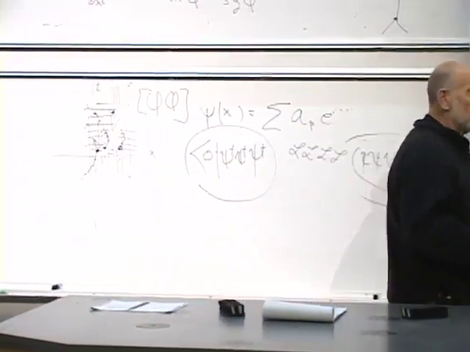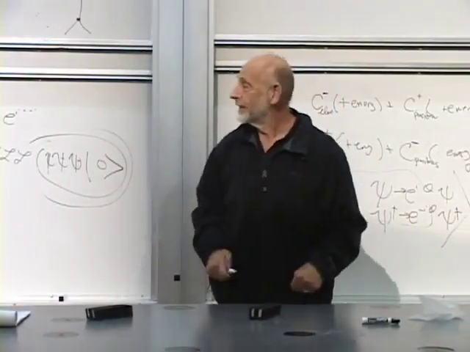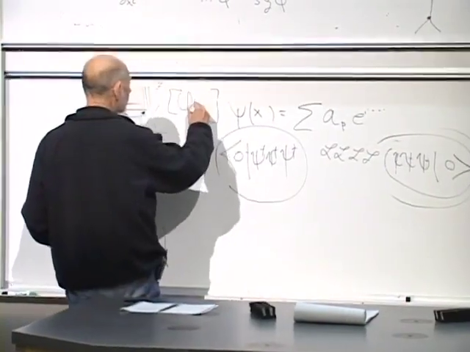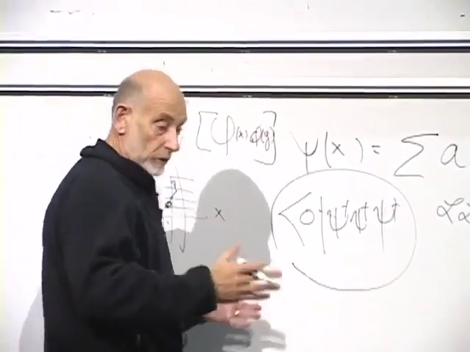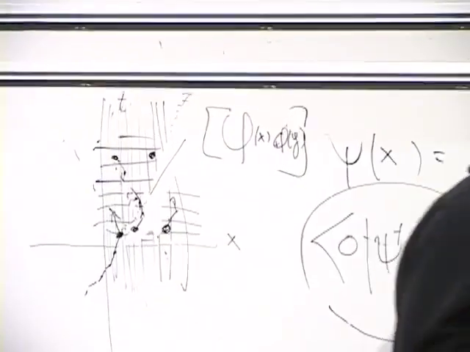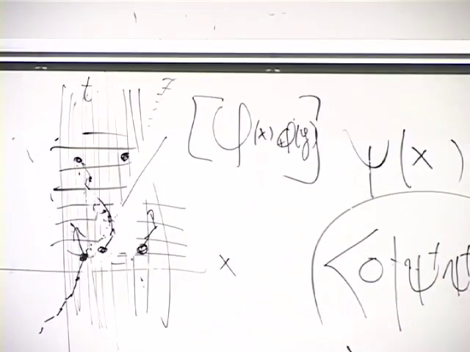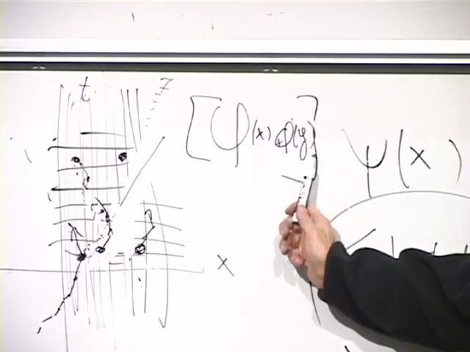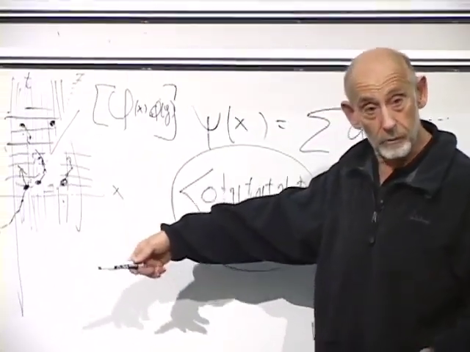Zero always. All right, so the commutator of phi with itself is always zero, but not so, because you can take the commutator of phi at one point with phi at another point, a neighboring or some other point. Each one of those phi's is made out of creation and annihilation operators. They're not the same operators because they're evaluated at different positions of space or time. And in general, they will not commute.